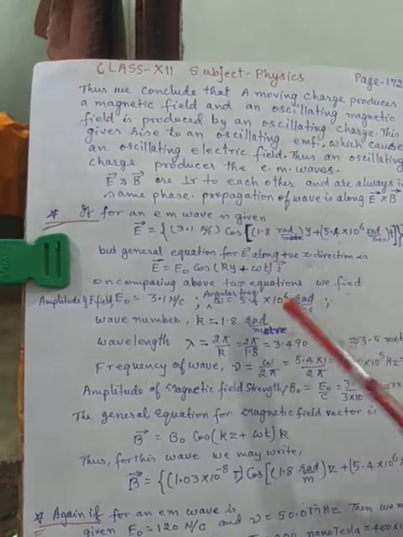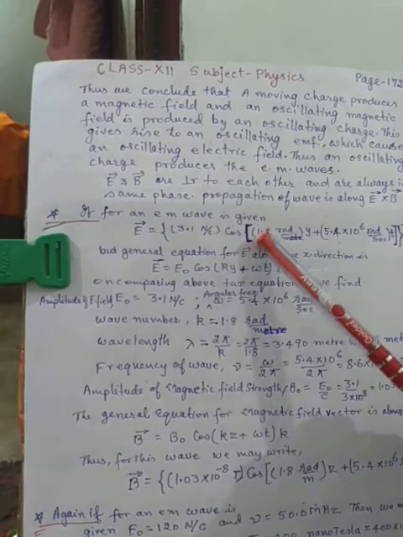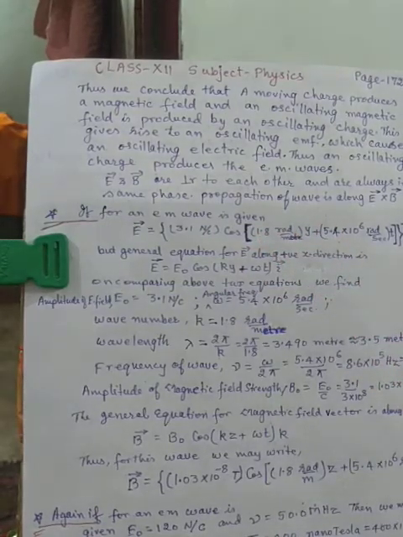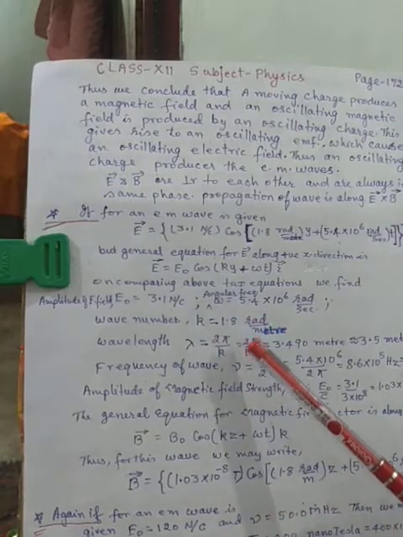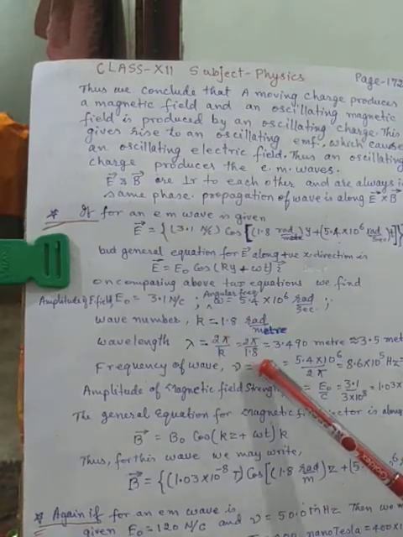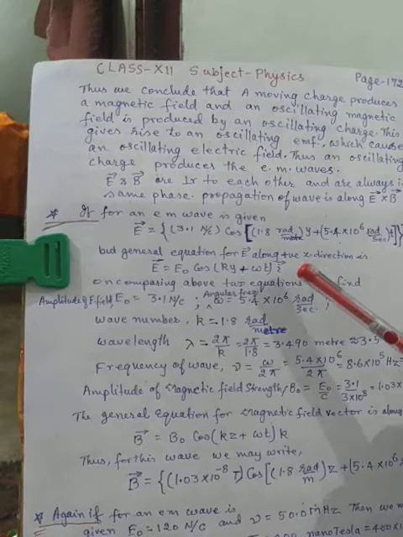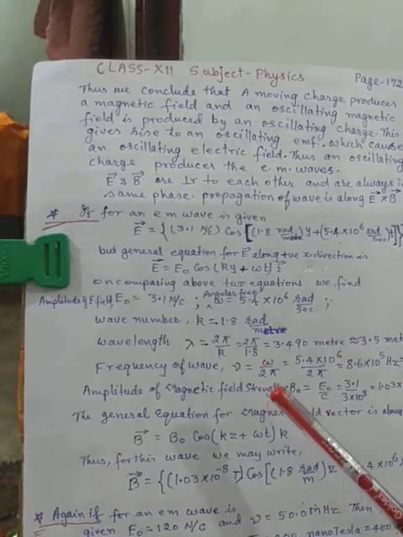You can see there, compare here, k is there and also 1.8. So the wavelength lambda is equal to 2 pi by k. We have already calculated k, so we get the wavelength of the electromagnetic wave is equal to 3.5 meter. Now the frequency